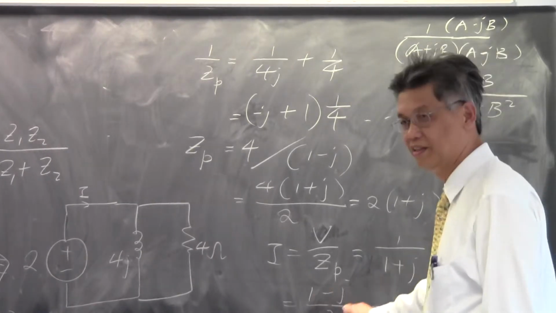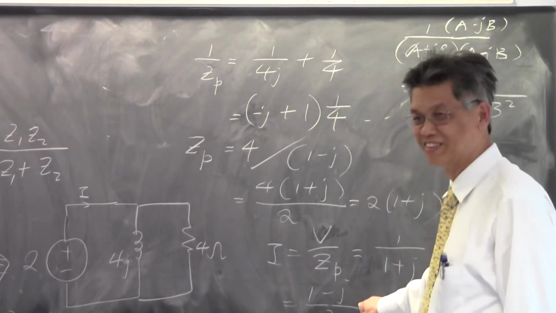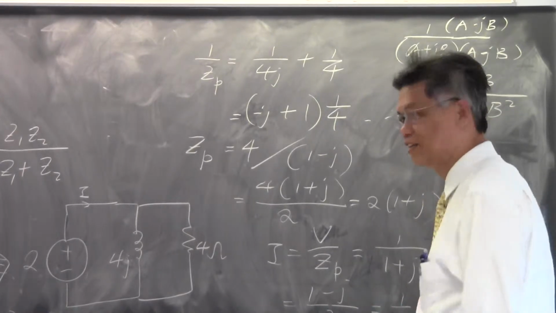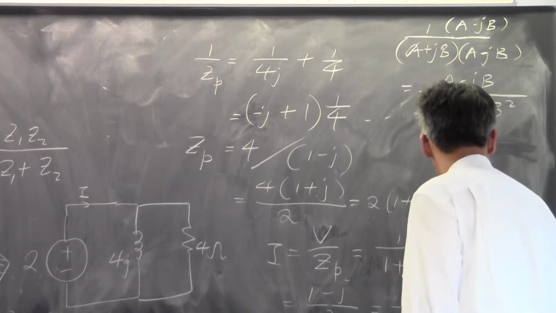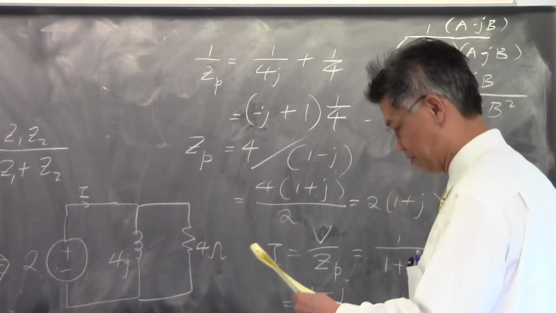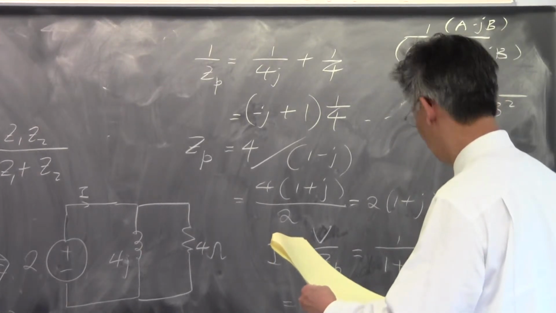What is the angle made by this? Negative 45. So in radian form, pi over 4. Okay, so that is that current in terms of amps, and then you need to convert this